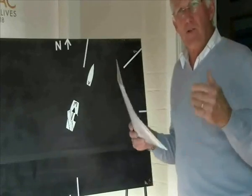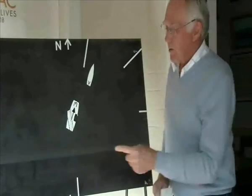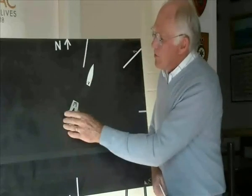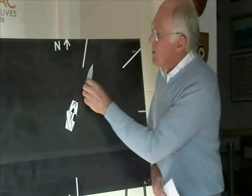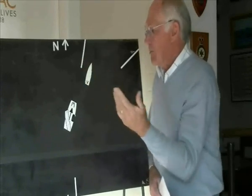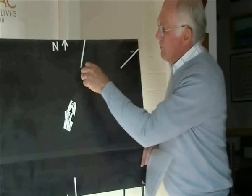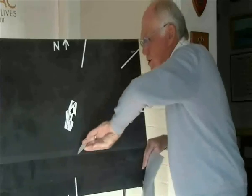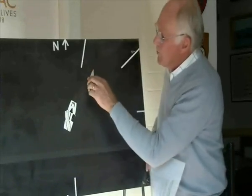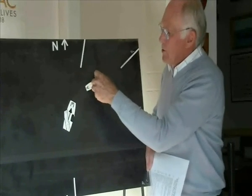That was the executive signal for Voyager to take up her rescue destroyer station, which is here. Now, she had several options, I suppose. She could have gone across the bow, which they chose not to. They could have spun around, come up here like that, which they didn't do. What they were seen to do was alter out to starboard,